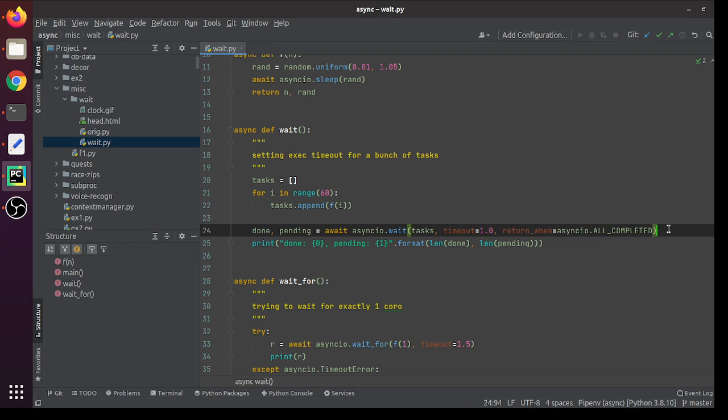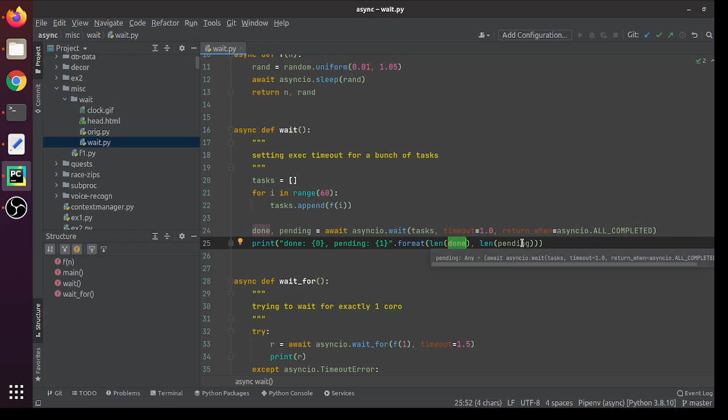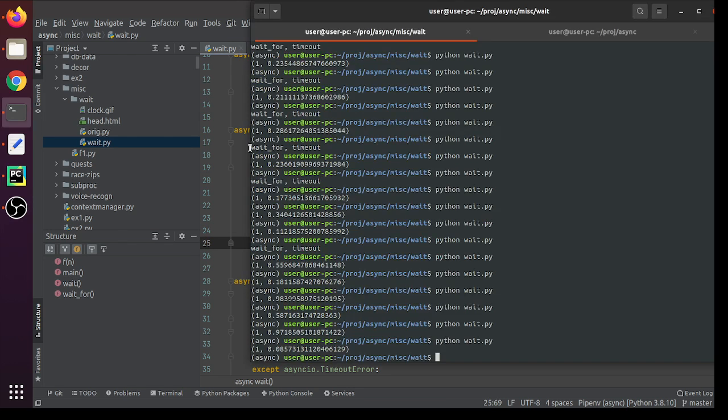Basically there is not much more to talk about, except that we should know these commands: await asyncio.wait, where we can pass tasks, a timeout, and a return condition. Let's set the timeout for 1 second and see how many of our tasks get done and how many are still pending. Let's execute,